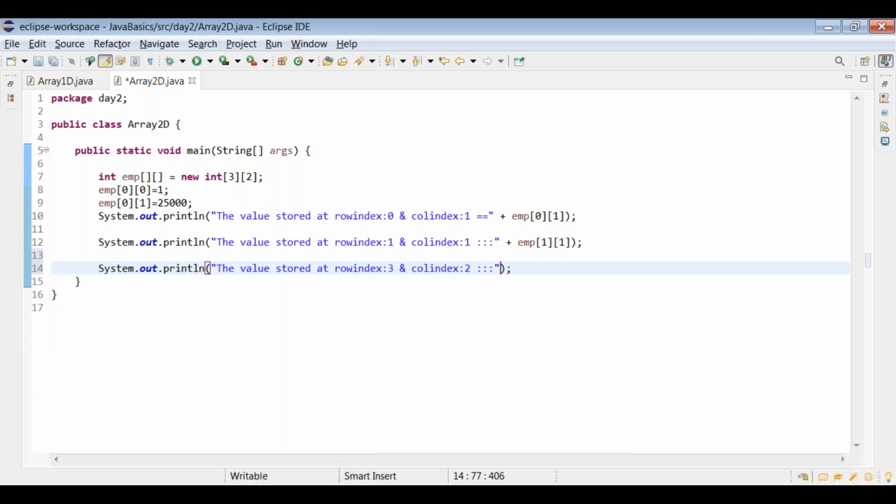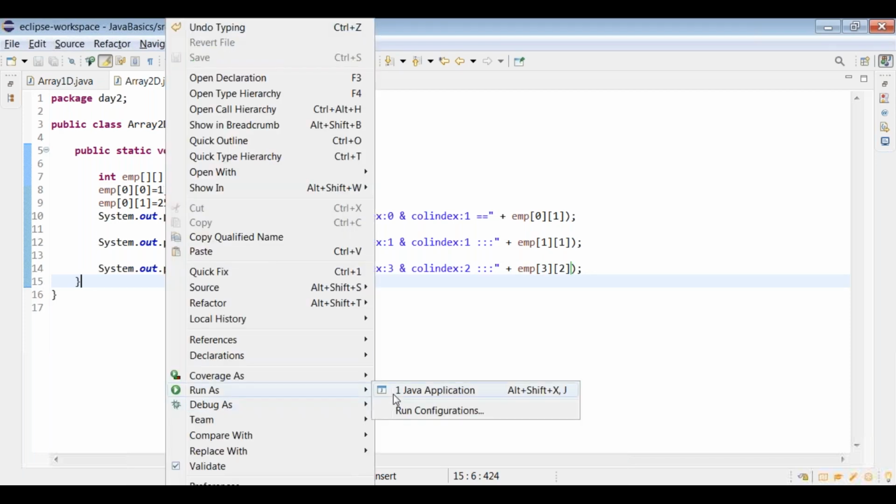We're accessing a row index and column index which is not available. So let's see the outcome now. What is the outcome here? At line number 14, let's see what is the outcome if you execute this program. Run as the application.